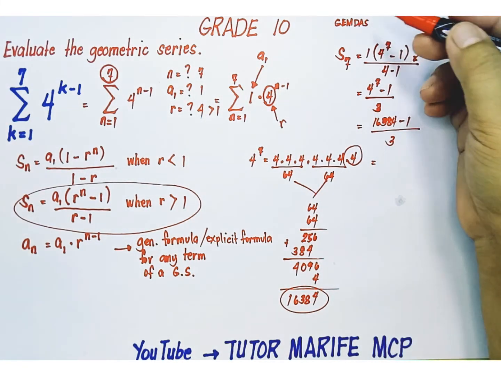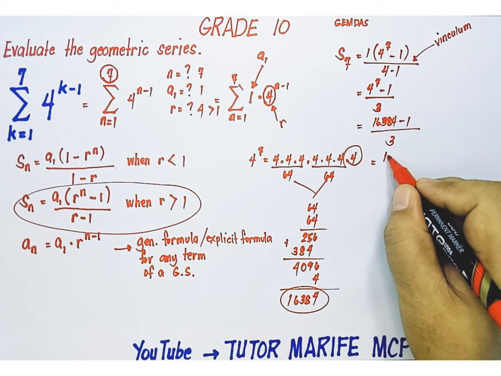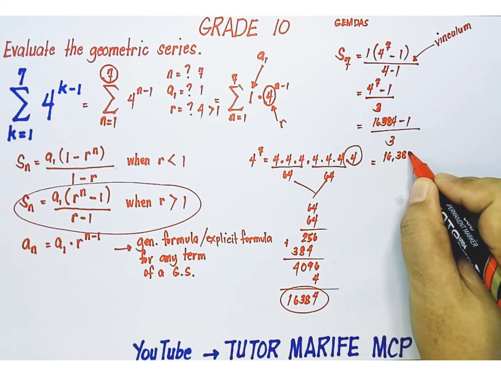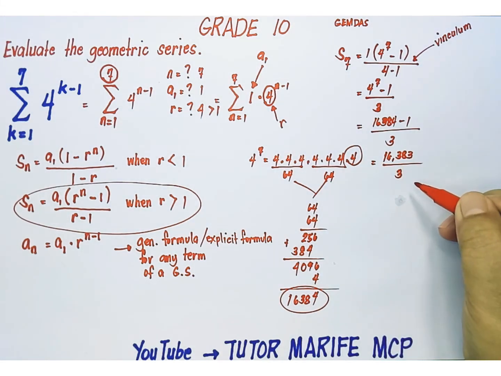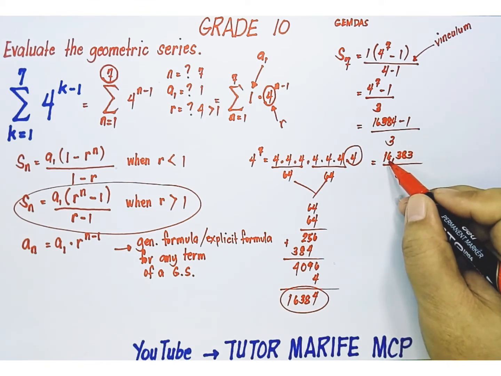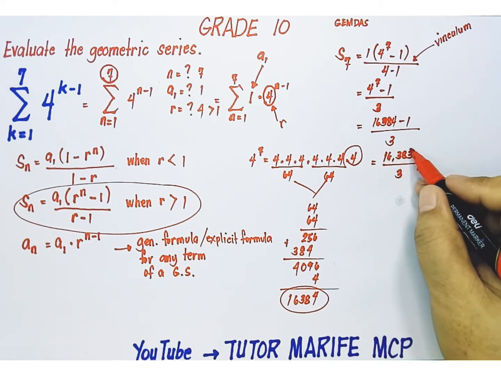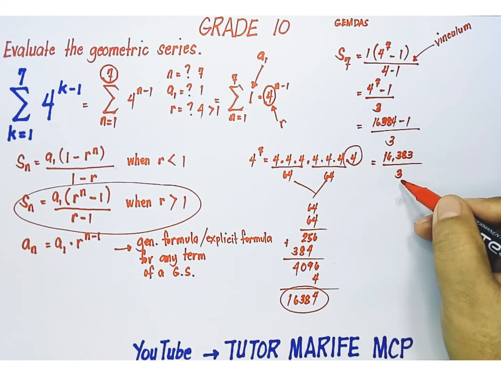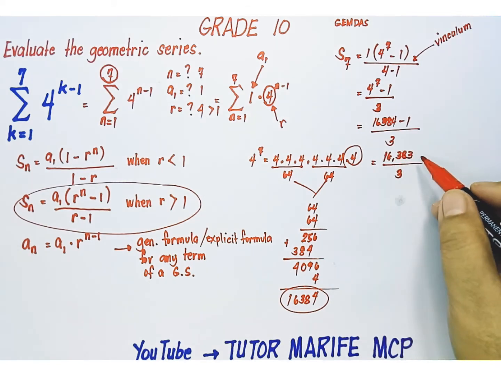Tapos na tayo sa E, we can now subtract. 16,384 minus 1 is 16,383 over 3. You're dividing by 3. Check natin ang divisibility nito by 3 by adding its digits. 1 plus 6, 7, plus 3, 10, plus 8, 18, plus 3, 21. If the sum of its digits is a multiple of 3, then 16,383 is divisible by 3. So yes,